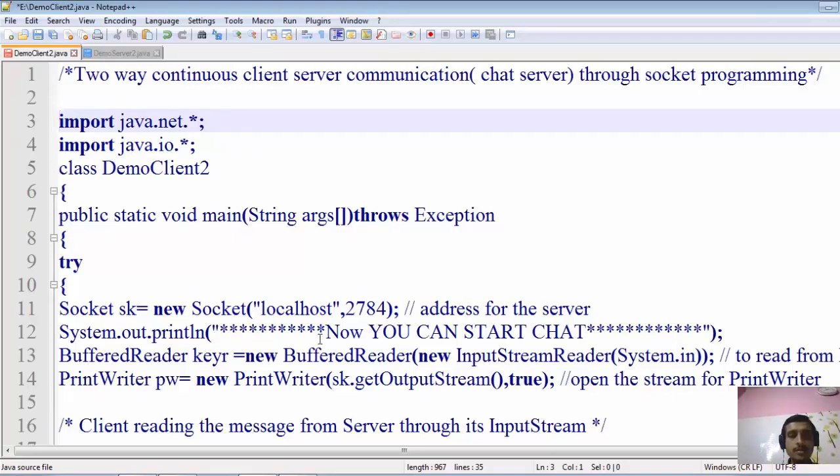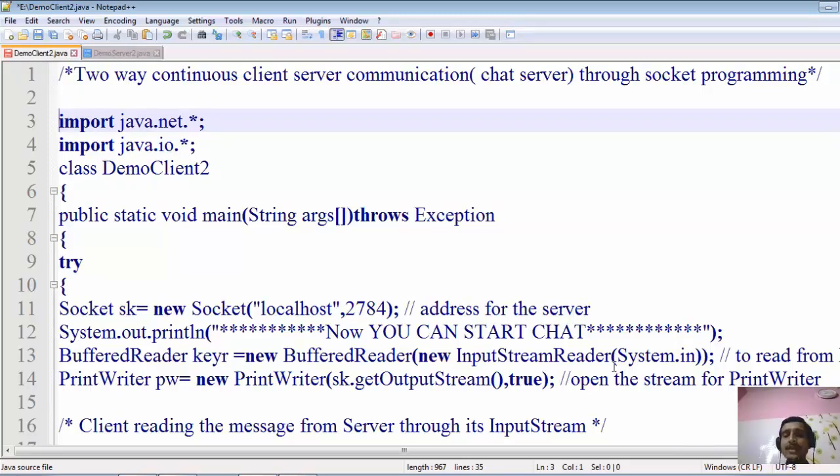Now I have created a statement that you can start chat with a simple statement. In line number 13, I have created a BufferedReader, kr. It means I have passed a particular stream, which will be opened with the help of the InputStreamReader, and I will be passing the input from the keyboard.